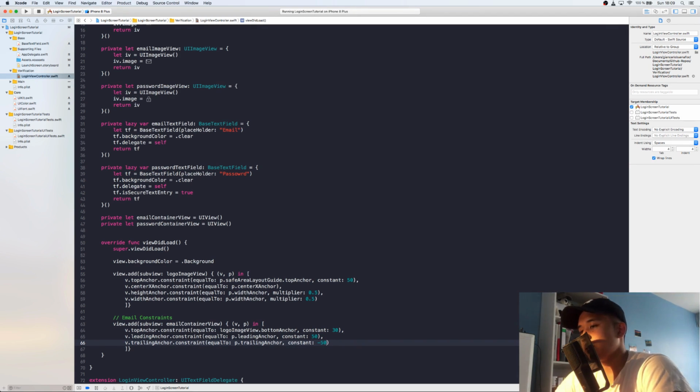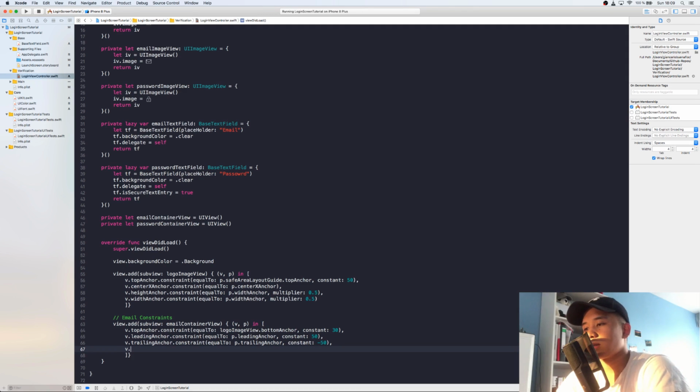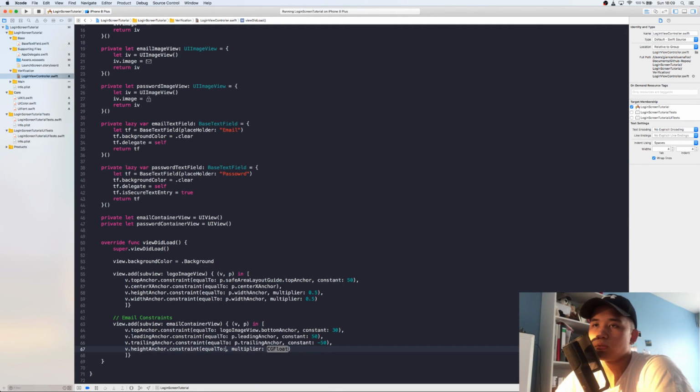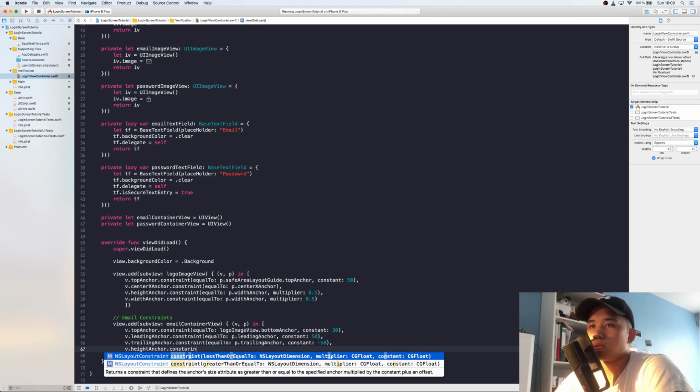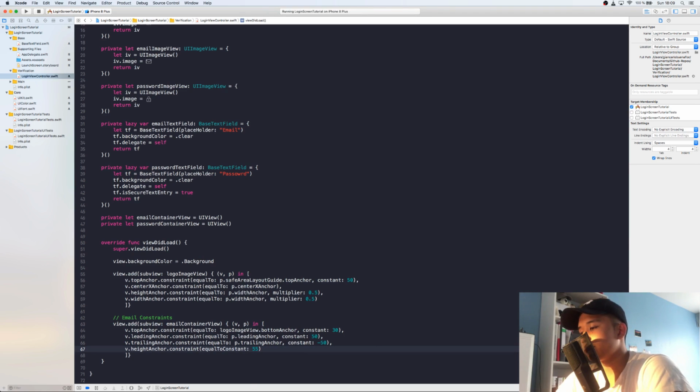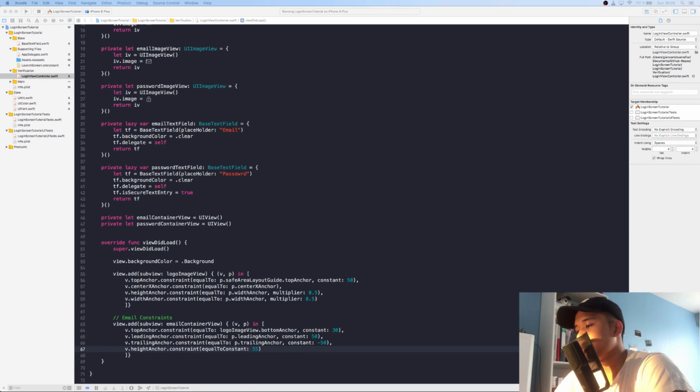Give it -50. And of course we need a height anchor. Gonna constrain it to, well, for this one I'll just use a constant of 55. Sounds good, right? Okay,